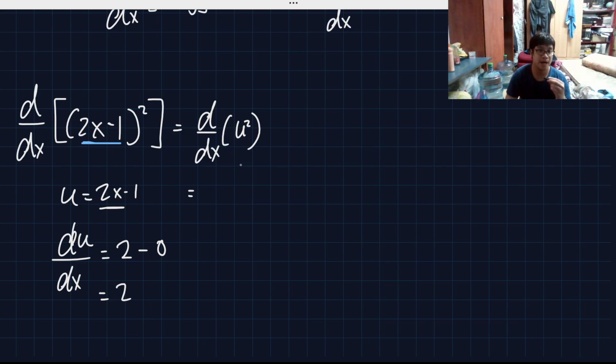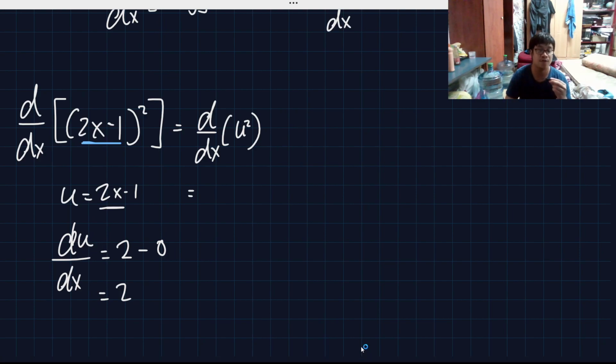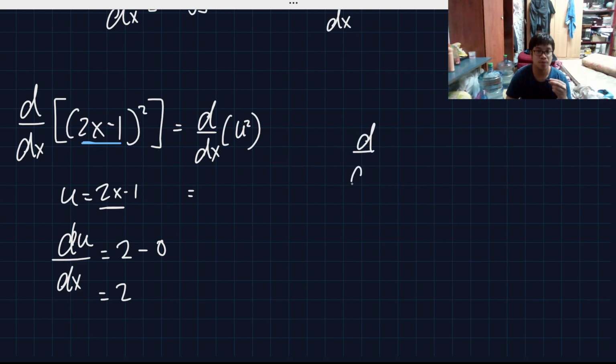But however, you're going to include du all over dx after you get the derivative of that variable, right? So let's go back here. We have u squared. So we have a variable that has an exponent, visibly speaking. So what are we going to use? We're going to use the power rule of differentiation. Basically, a variable that has an exponent. So the derivative of x raised to n is simply n times x raised to n minus 1. Okay? Where n is once again the exponent.